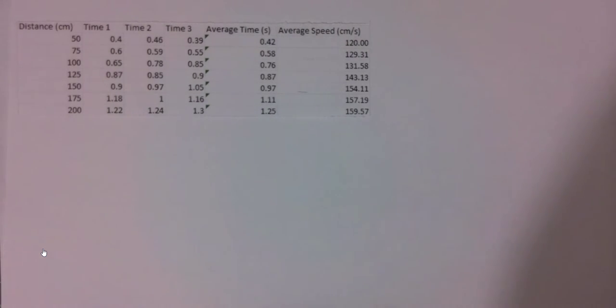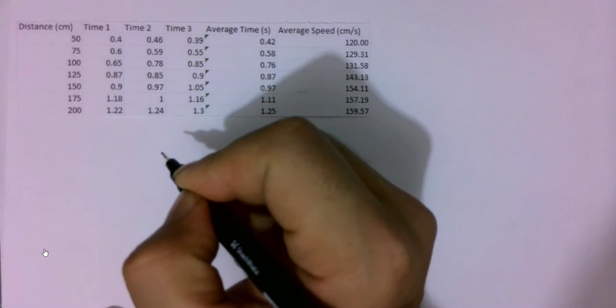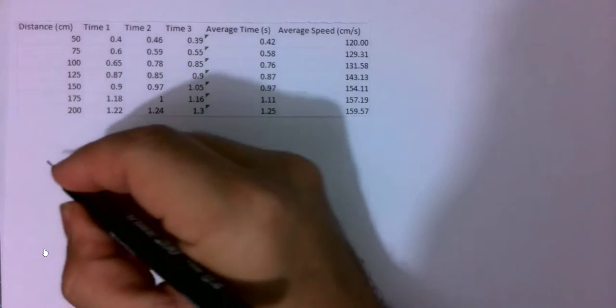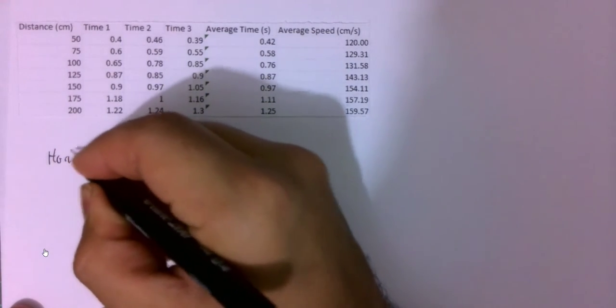Okay, so the first thing is to work out what data you're going to be using for this. Now, we're doing a velocity versus time graph, so we've got to be conscious about what's going to go in the horizontal axis and what's going to go in the vertical axis. So we'll start doing some writing up here. So let's have a look. So, the horizontal axis,